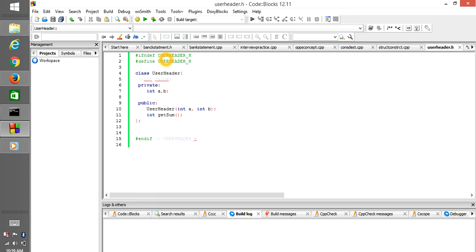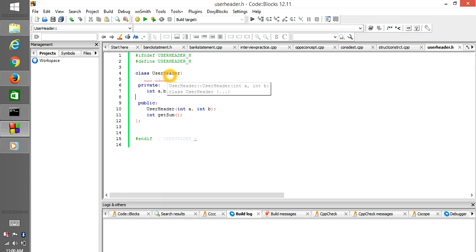If I'm going to write some code, I'm going to use this. If I'm going to use this header file, then I will be the client for this class, for this header file. So what I've done in this code, I created a class user header which I'm going to use as a library for another section of code. But right now in the header file, this is what I told in the previous video, that a .h extension file